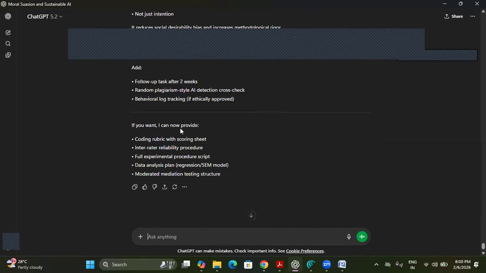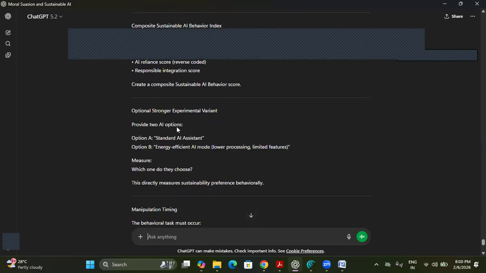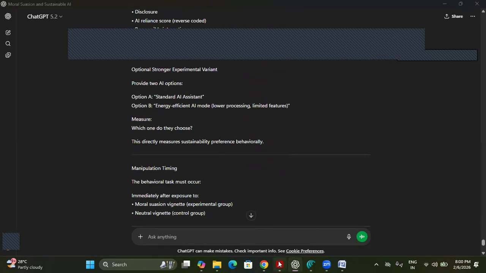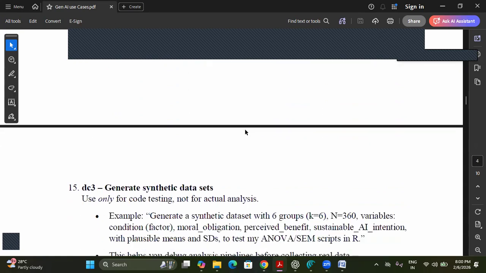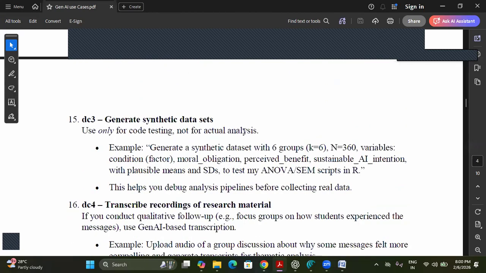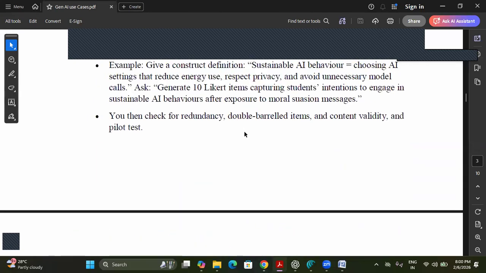Okay. So like this, I can use it to develop questions or scales for my study. And if you have already developed the scale, then you can check the understandability and redundancy in your